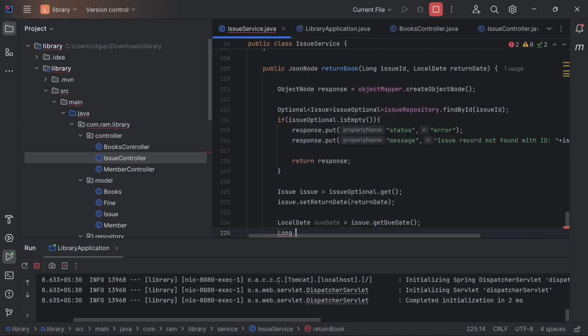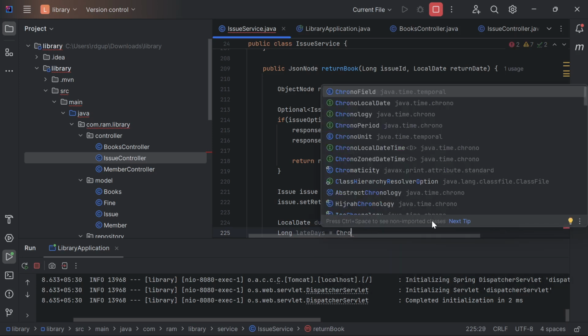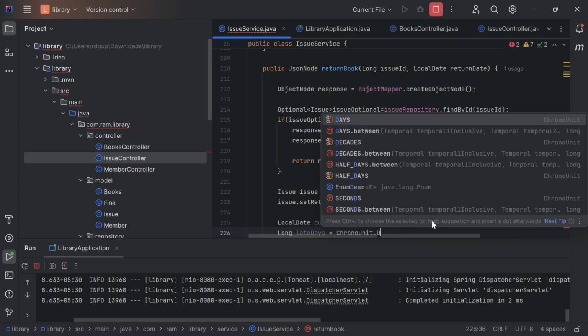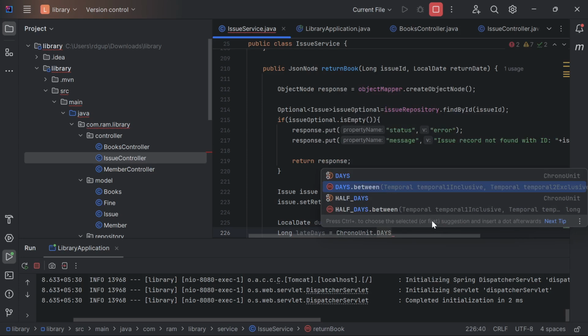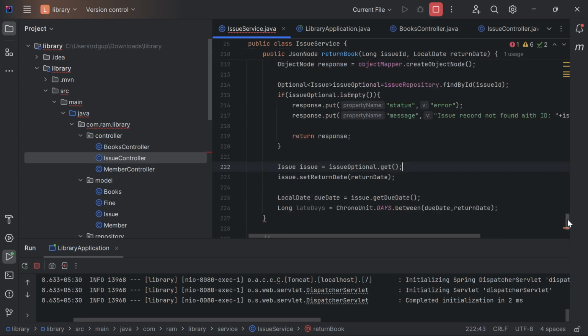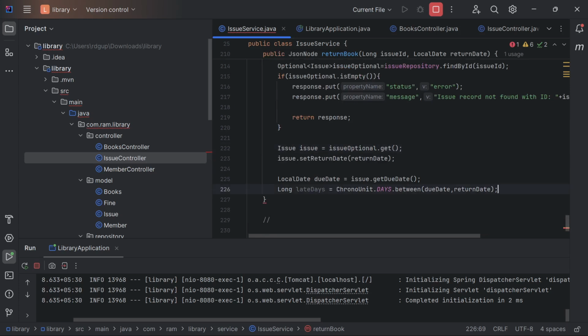Long late days, and we use ChronoUnit dot days between due date and return date. This method will calculate the difference between these two dates, and then